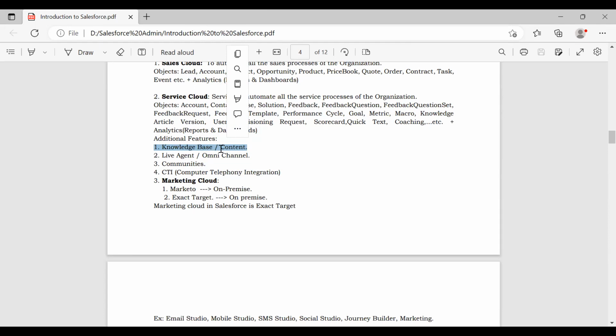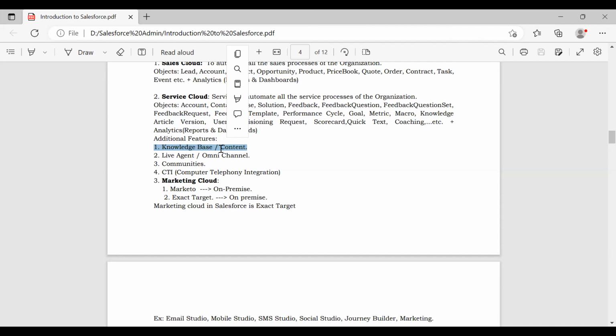Suppose you are purchasing some product like a refrigerator or washing machine, they are going to provide a user manual. There you will have some questions and answers, like the basic problems which the customer may face with the product.